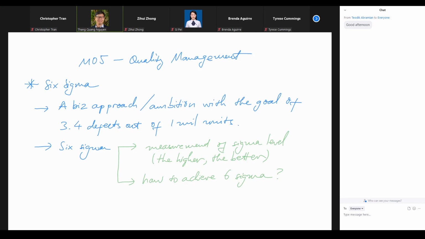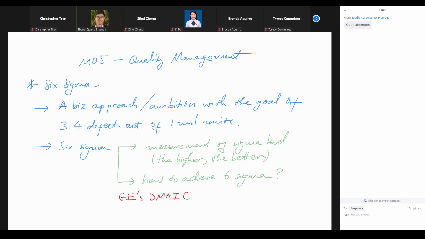And if we want to learn about how to achieve Six Sigma, we have to take classes. So in our class, we don't have the context, we don't have enough time, so there's no way for us to deal with this in detail, right? But I recommend you to read more about GE's, General Electric's, DMAIC